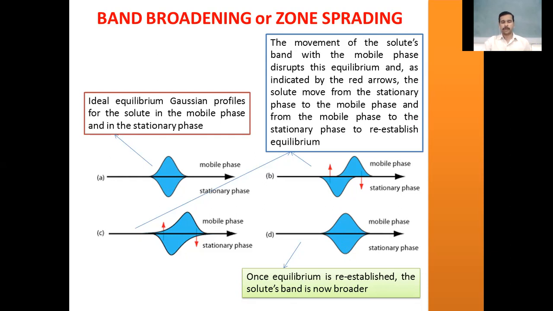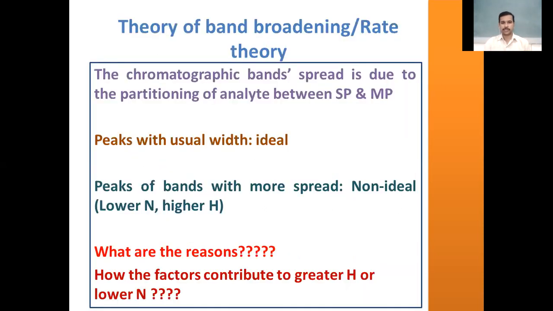It means the solute has shown unusual interaction with the stationary phase or the mobile phase. In such cases, band broadening or zone spreading can be seen as a common phenomenon, and this process is called band broadening. This band broadening will severely affect the separation process, and thereby it will affect the column efficiency. How is this band broadening arising, what are the factors which influence the band broadening process, and how is the column efficiency suppressed by this band broadening process, let us understand.